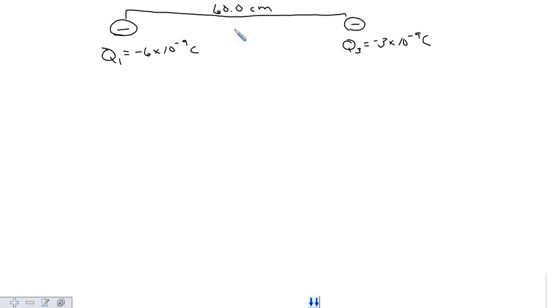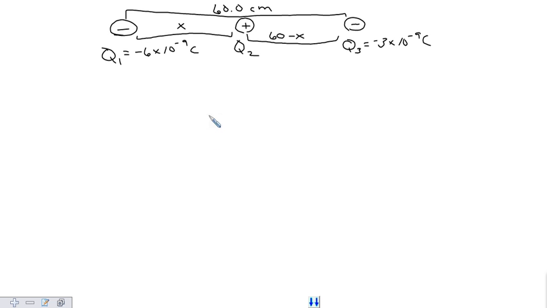So if these two charges were exactly the same, it makes sense that it would go right in the middle. We see that these charges are not exactly the same. You could maybe try to do a fraction or a ratio, but sometimes the numbers are not that easy to work with. So I'm just going to put it here and call this distance and this distance something else. I'm going to call this distance x, and I'm going to call this distance 60 minus x,